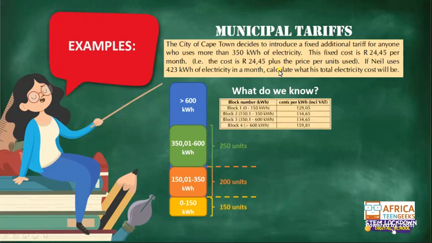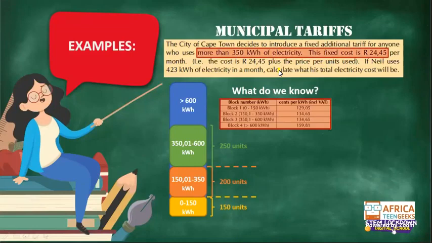And what else do we know? We know the amount we pay per block. We know that there's a fixed cost of 24 Rand if we use more than 350. And we also know that Neil used 423. That is all the information we have. And then we have calculated on the previous one how many units there are in each block. So we know that Neil will be